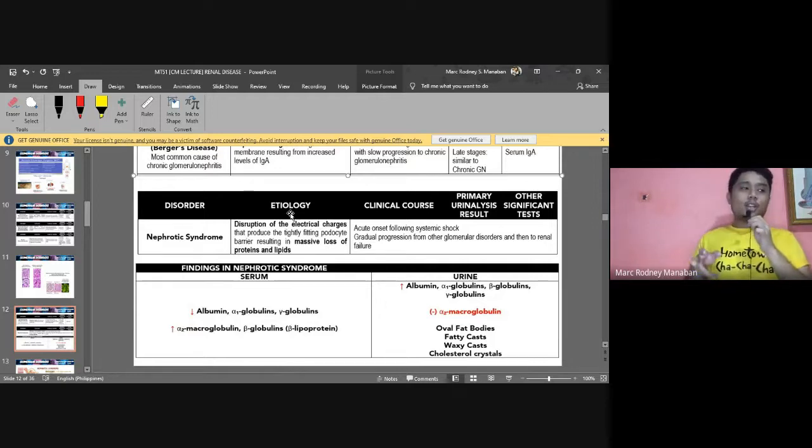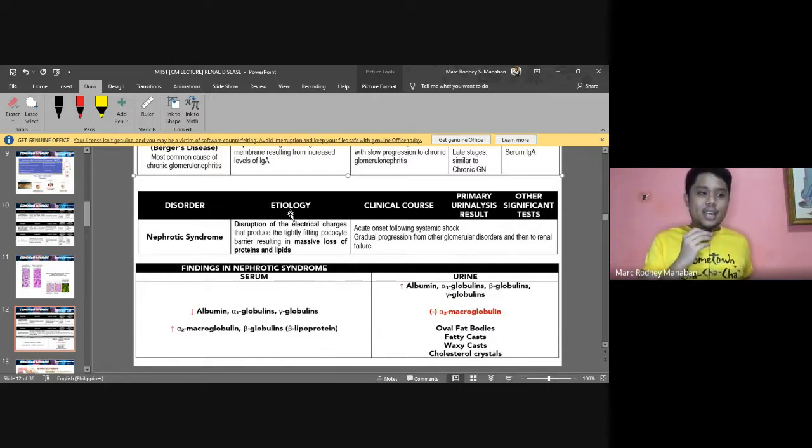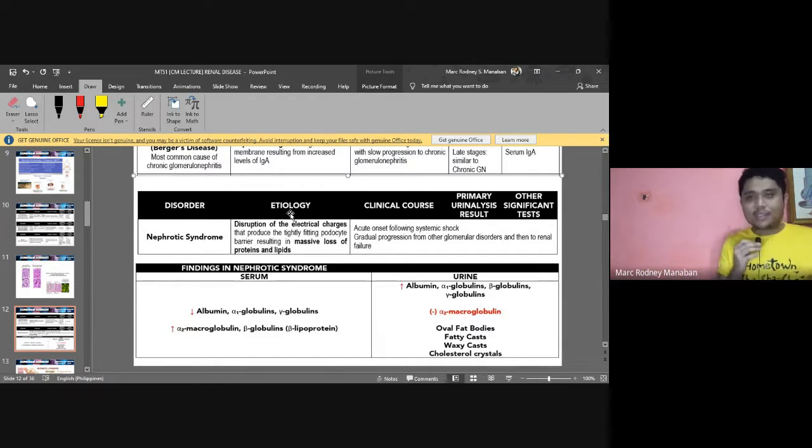Alright. Now take note also, dears, because there is protein loss. So the patient also, of course, exhibits edema, all right? Edema, okay? But the main cause of the edema, dears, is the decreased excretion of sodium. Ayan, so there's sodium retention in nephrotic syndrome. So the mechanism is still not known, all right? But that's the main reason why there is edema. Secondary na lang ang protein loss.